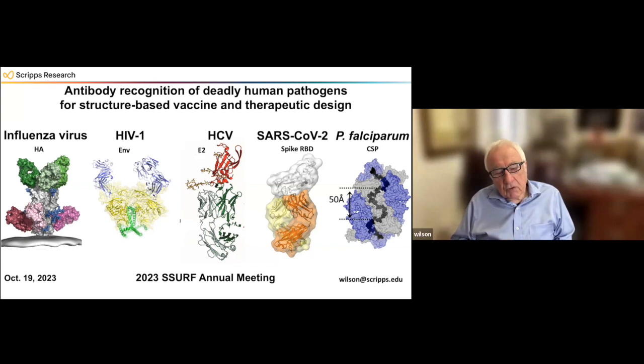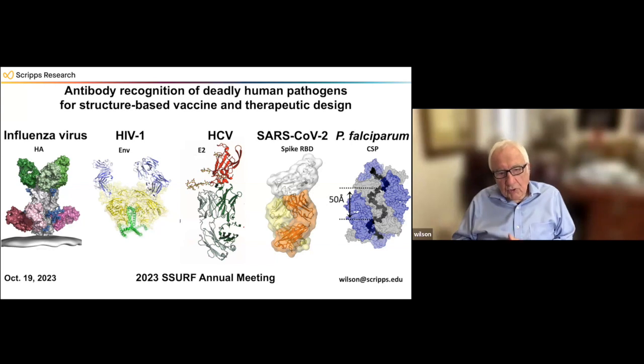For HIV, we don't have a vaccine at all. It's been a long process. There is progress that's getting made, and quite exciting progress actually, and I'll talk a little bit about that. Hepatitis C virus, we don't have a vaccine for that. We have good effective drugs, but again, it would be good, especially to prevent reinfection, to be able to have a vaccine.